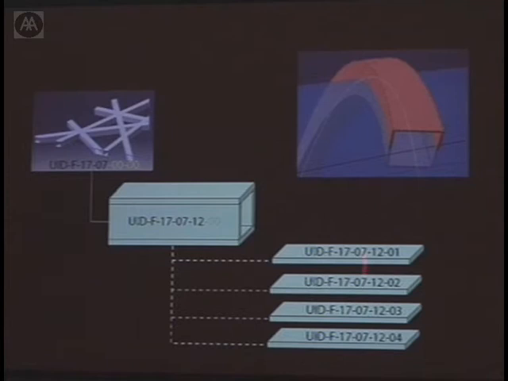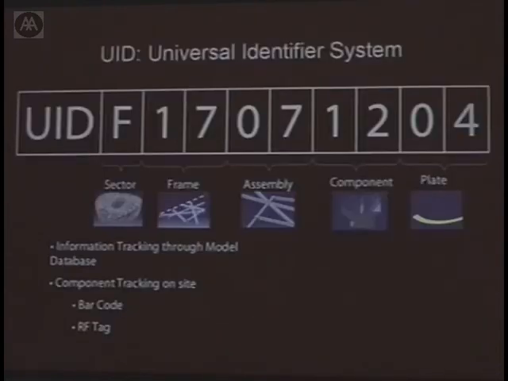Because if there's any problems going on with the quality of the manufacturing here, maybe that there's some bubble in the steel and it's rusting or something, who is responsible for changing that? Which of the 7 steel mills did that? So you come up with a sort of universal identifier system that is like a fractal